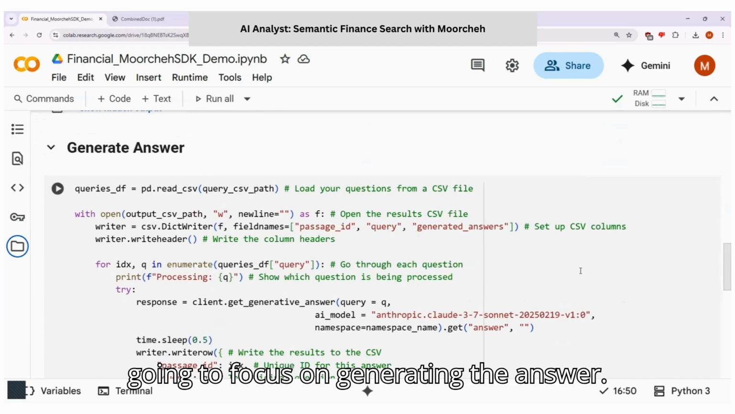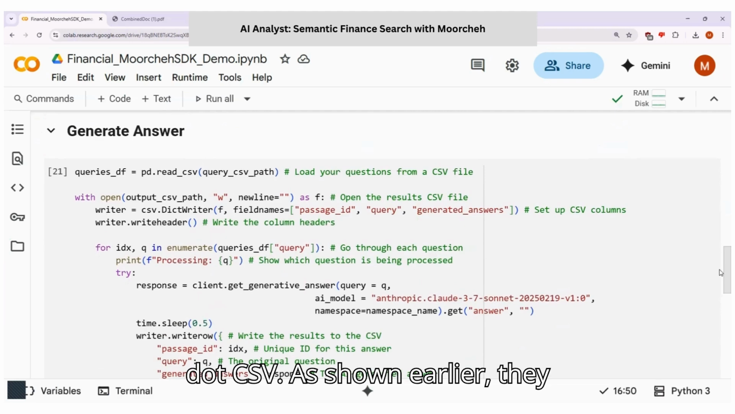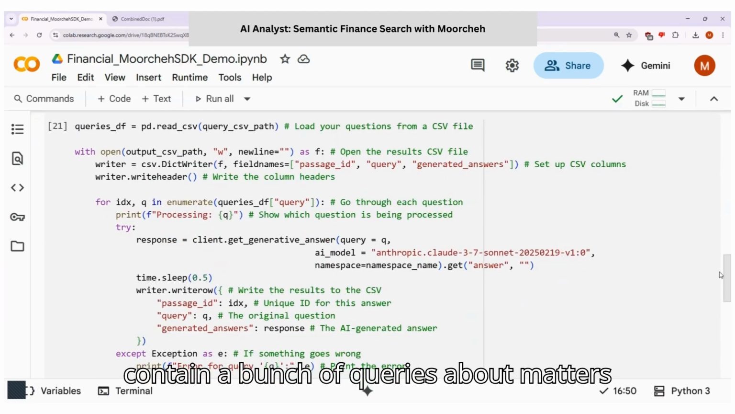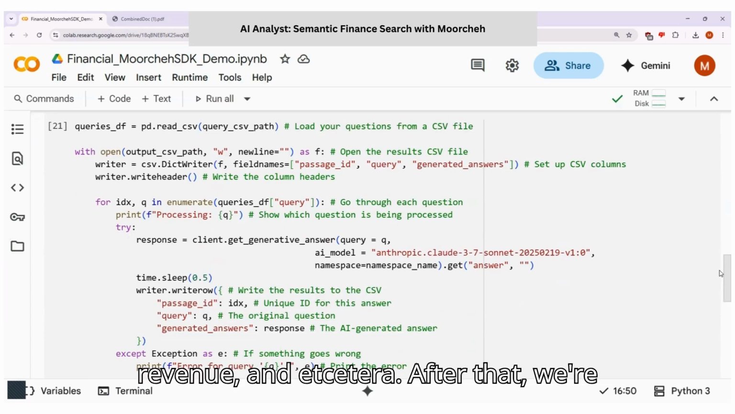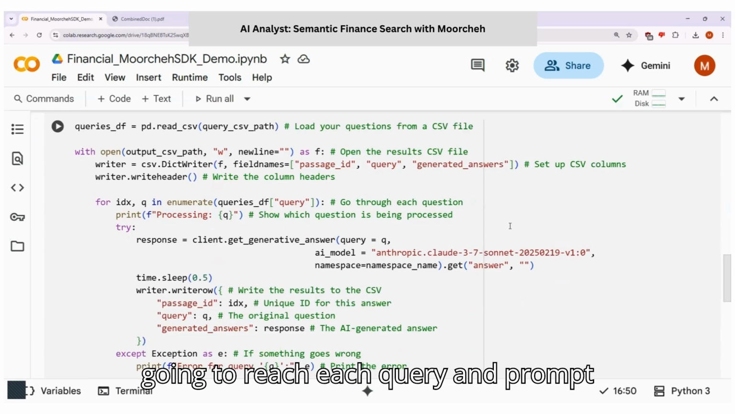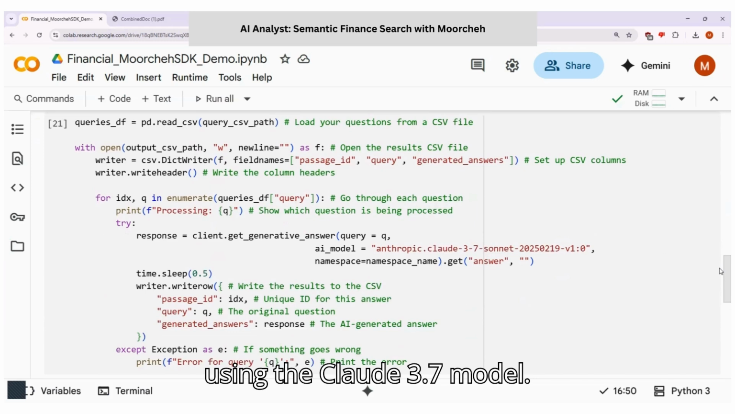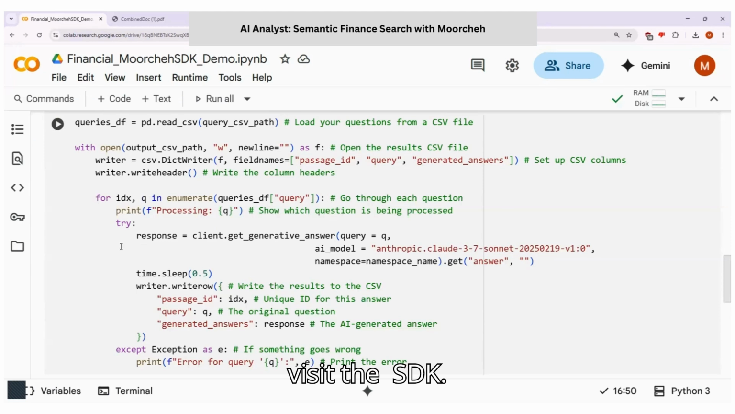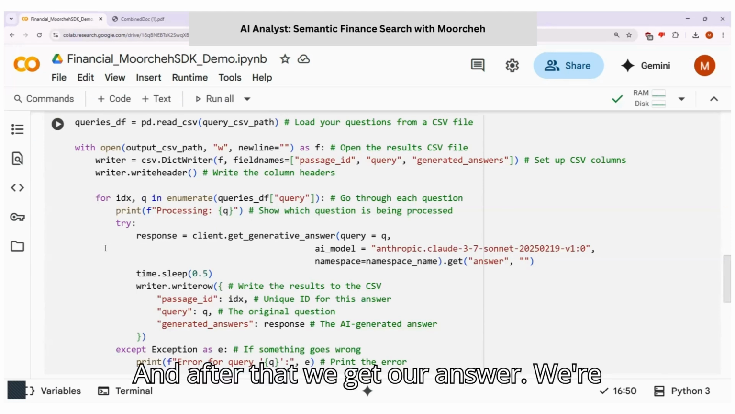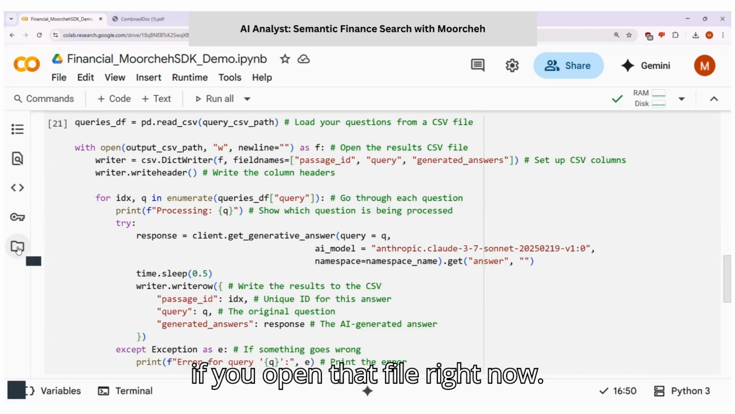Next, we're going to focus on generating the answer. So first, we're going to read our queries.csv. As shown earlier, they contain a bunch of queries about Meta's net revenue, Netflix's net revenue, and etc. After that, we're going to read each query and prompt the API to get the generative answer using the Claude 3.7 model. For more information on the different types of models used in our SDK, you can visit the Moorcheh SDK GitHub page. And after we get our answer, we're going to write it to the results.csv file, also known as answers.csv. If we open that file right now,